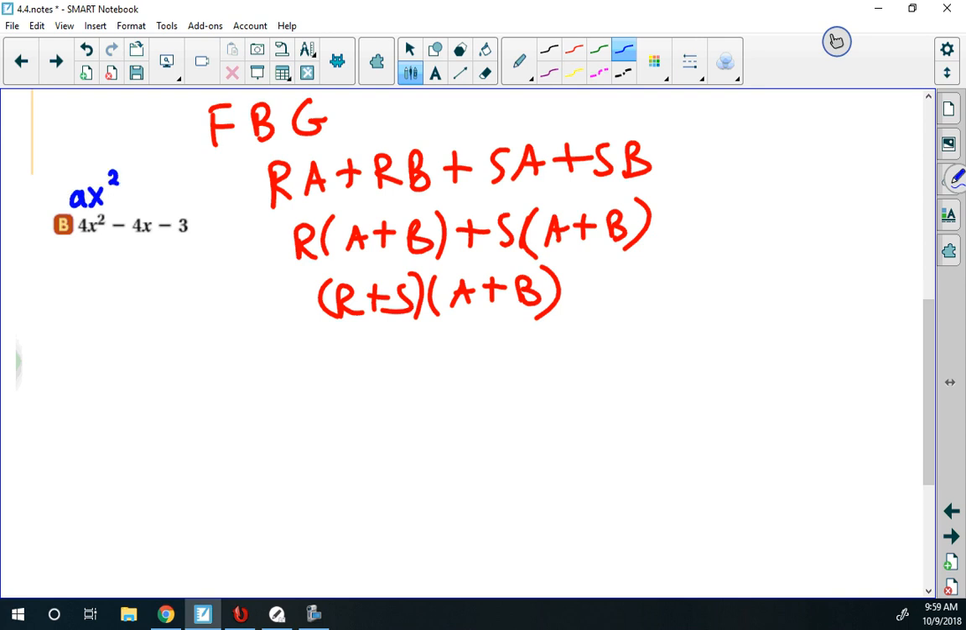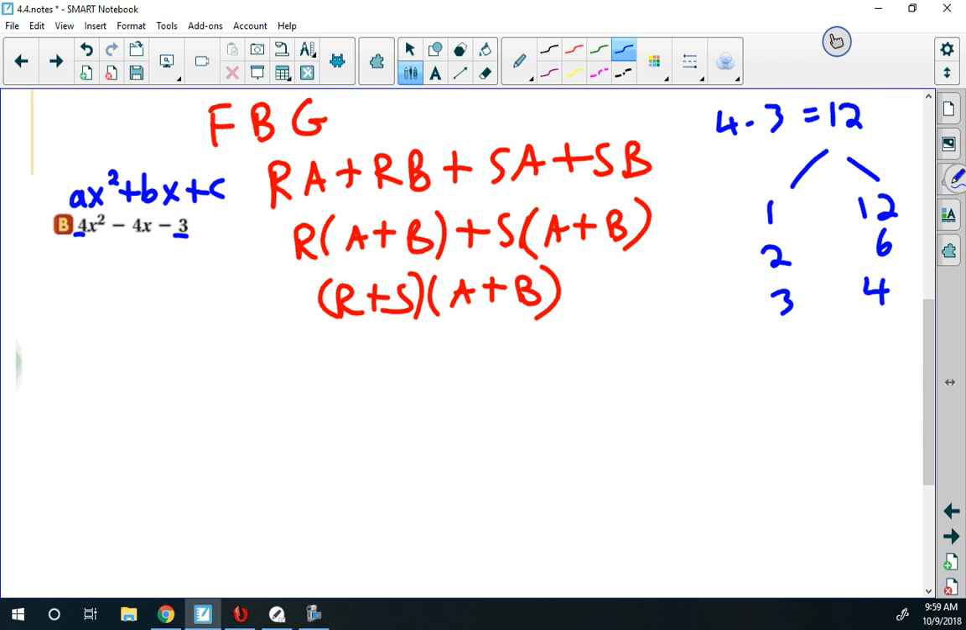If you're not sure what the A and the C I'm talking about are, we got to multiply this 4 by this 3 to start this off. What is 4 times 3? 12. 4 times 3 is 12. 12's factors are 1 and 12, 2 and 6, 3 and 4. And I want to somehow, some way rewrite this minus 4x